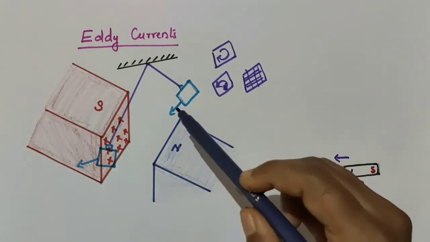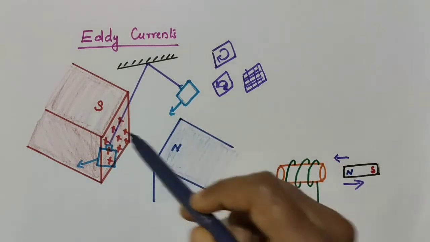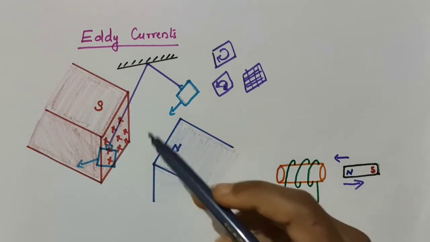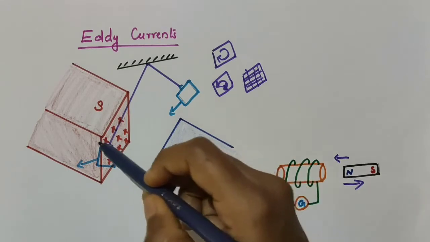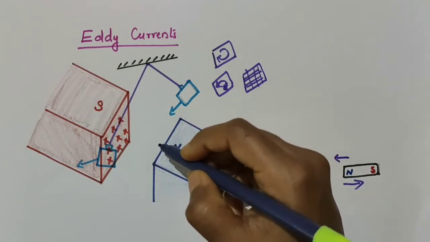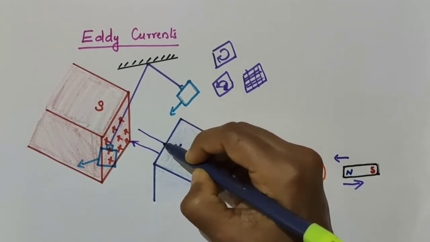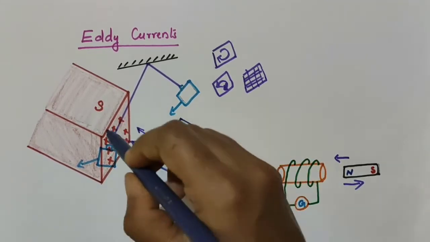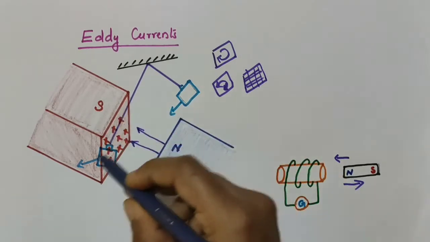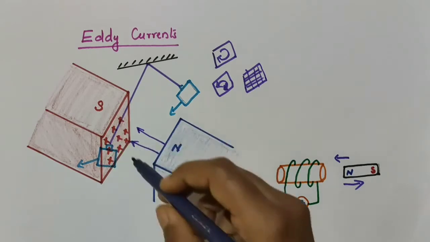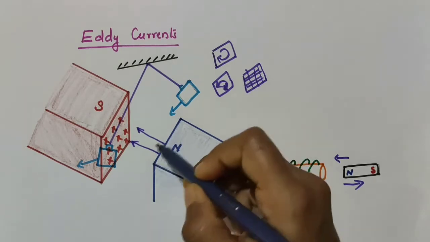So when this copper plate moves in the region between the magnetic poles, north and south, here you can see the cross marks. We know that magnetic field lines go from the north pole to the south pole. So magnetic field lines will have a direction like this, going from north to south. So it is actually into this region. That is why the cross marks are marked here. These cross marks represent that the magnetic field lines are going from this side to this side.